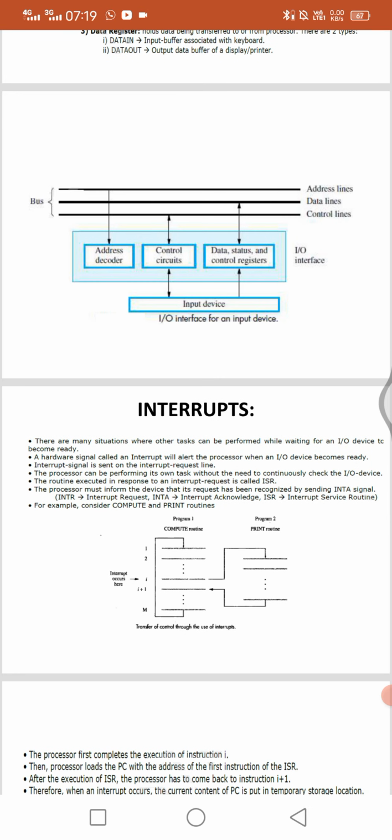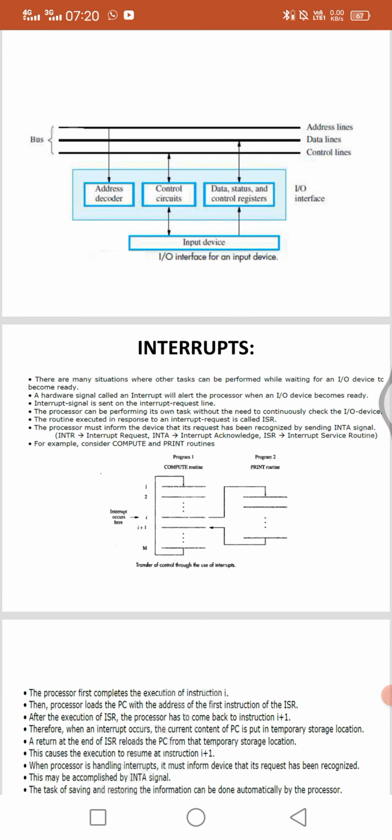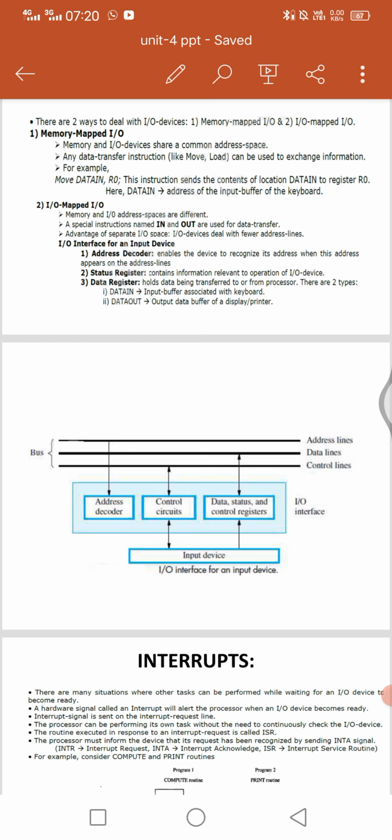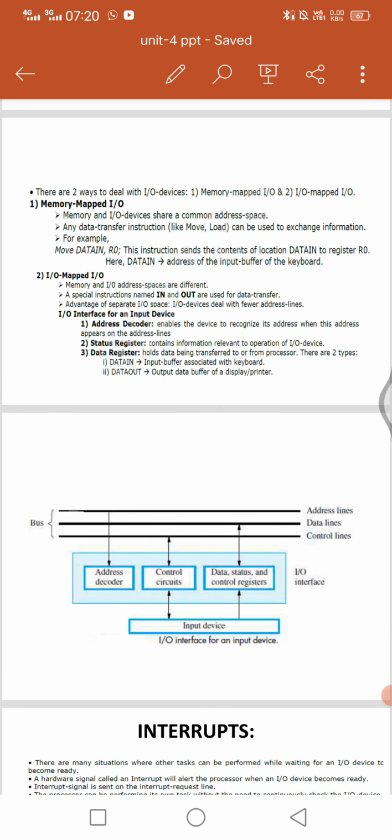This is the diagram for address lines, data lines, and control lines: the address decoder, the control circuit, and the data, status, and control registers. Combined, this is called the input and output interface for an input device. This is how we access the input and output devices. Thank you, students.